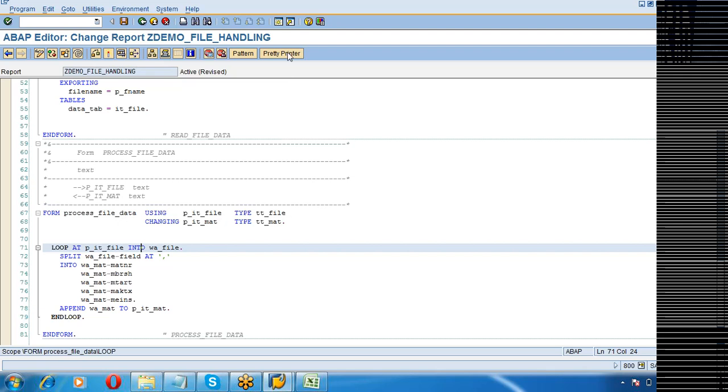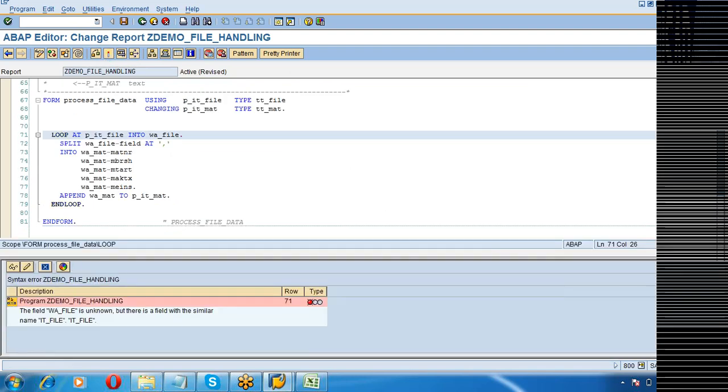So I have split the data into individual fields. Let us see if the material internal table gets built up with the right kind of fields.